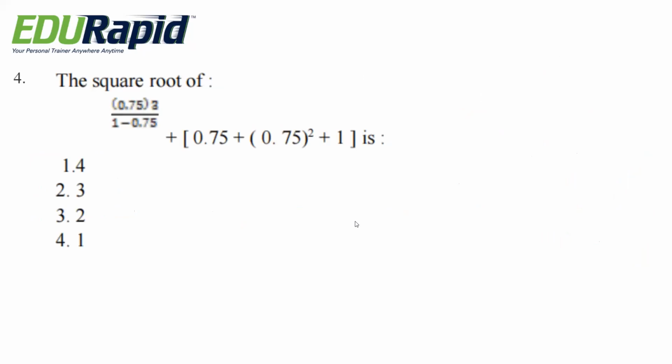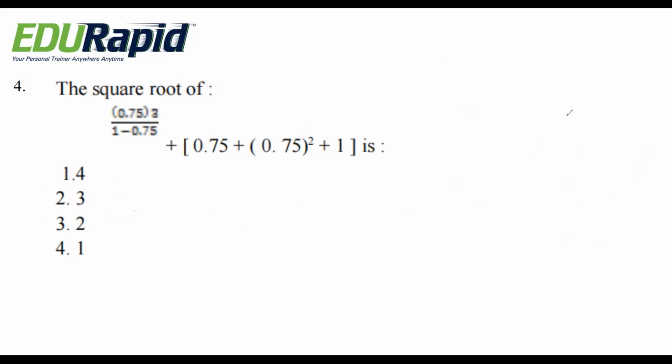Next question. The square root of 0.75 cube divided by 1 minus 0.75 plus 0.75 plus 0.75 square plus 1 is what? Options are 4, 3, 2, 1. So here they are asking what? Square root of